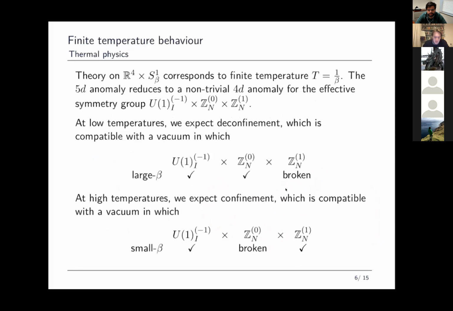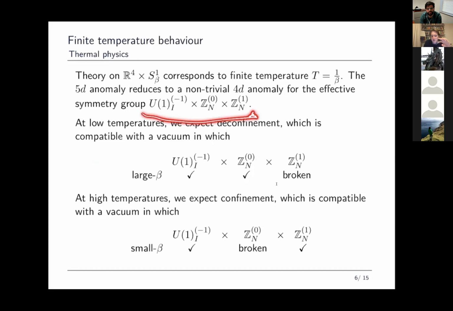Okay, so now that we have shown the existence of an anomaly and described some of its features, it's time to look at the consequences for the dynamics. First, we notice that since the anomaly involves a higher-form symmetry, it remains an anomaly when it's reduced on a circle. This is particularly useful if we are interested in describing the behavior of 5D Yang-Mills theory at a finite temperature. As we reduce down to 4 dimensions, we find a non-trivial 4-dimensional anomaly for the effective symmetry group